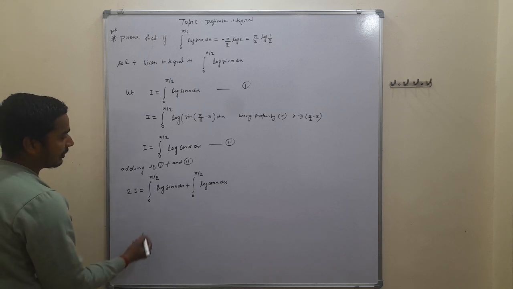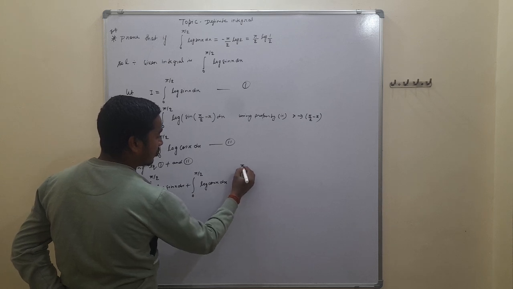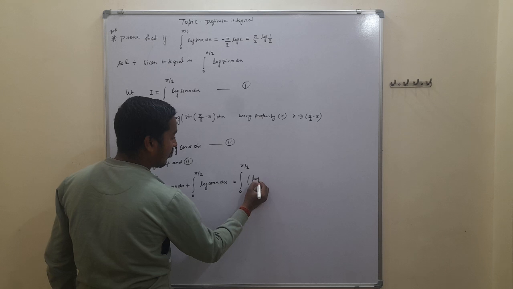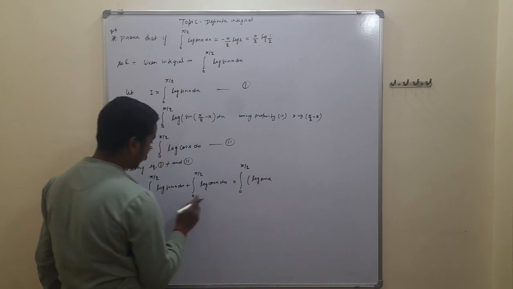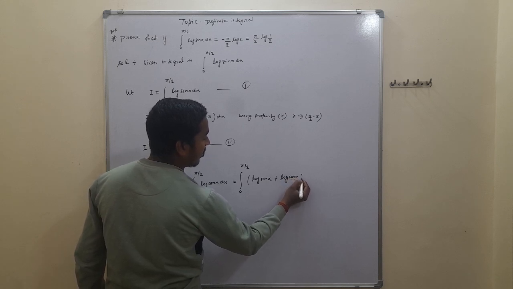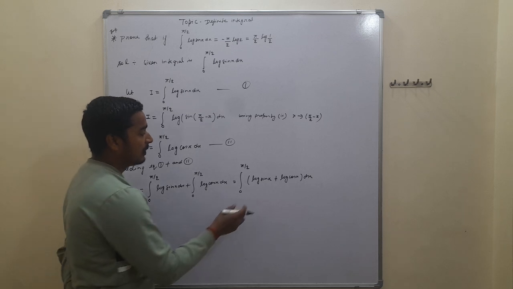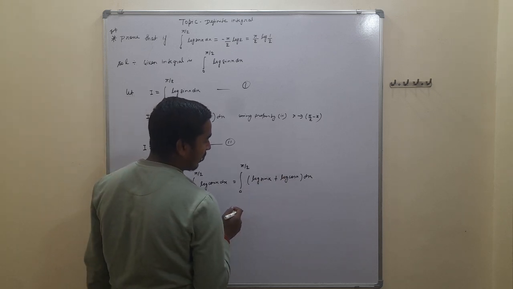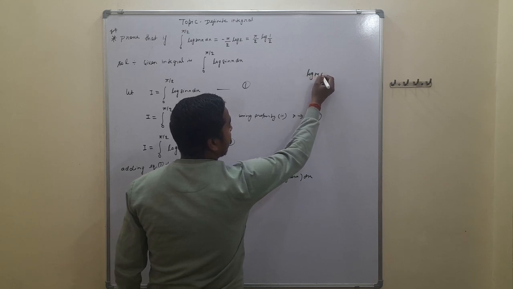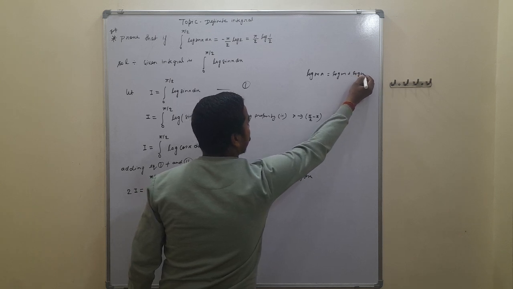We can also write this as the integral from 0 to pi by 2 of log of sin x plus log of cos x into dx, and with the property of log, log m plus log n is log mn. Using the property log mn is equal to log m plus log n,